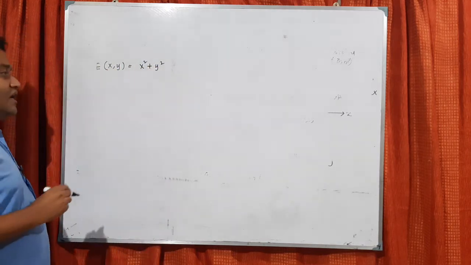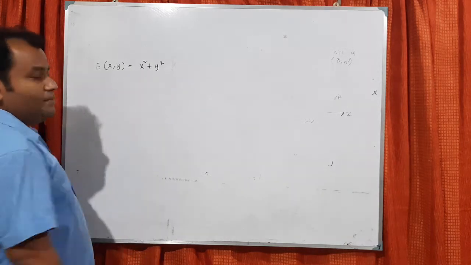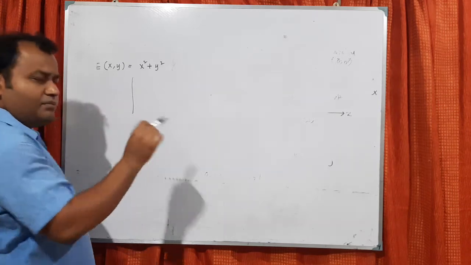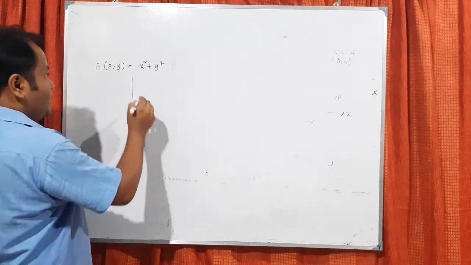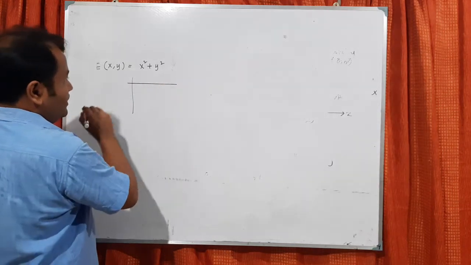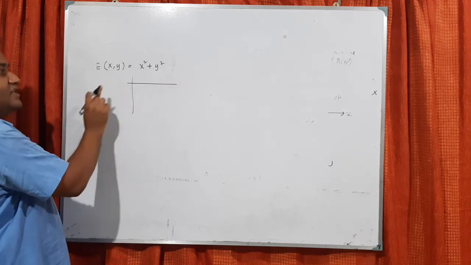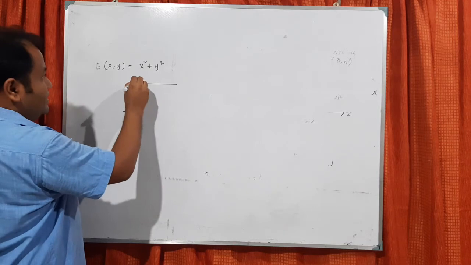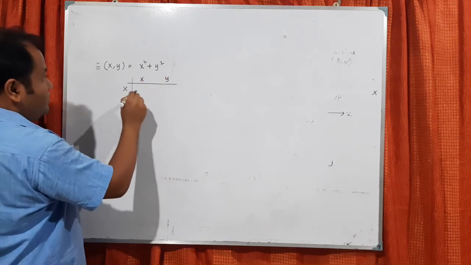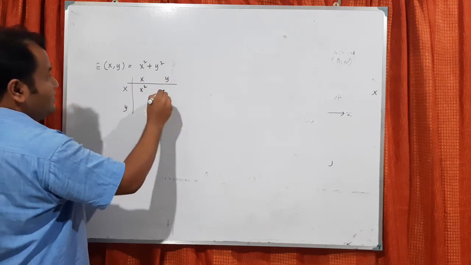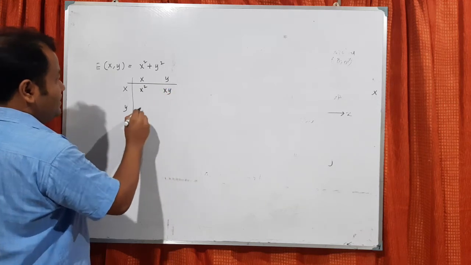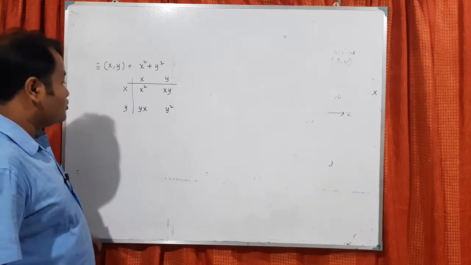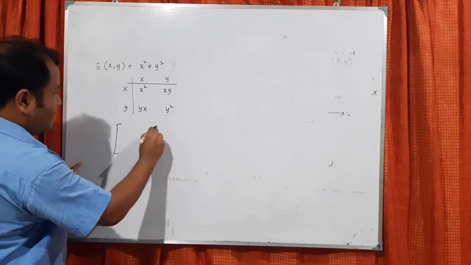Now we try to write this in matrix form. So what is a matrix form? Very simple. There are many definitions, but I don't want to go to the definition. What you can do, see how many variables are there? 2 variables, x and y. So in here you write x and y, here you write x and y. Now it will be x square, xy, yx, y square. So basically the matrix will be a 2 by 2 matrix.